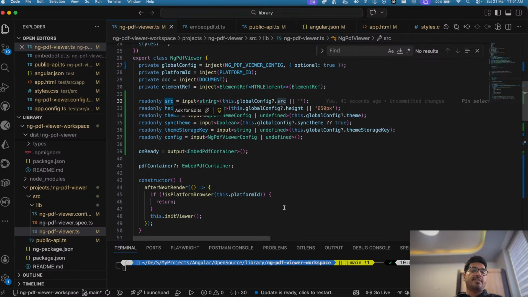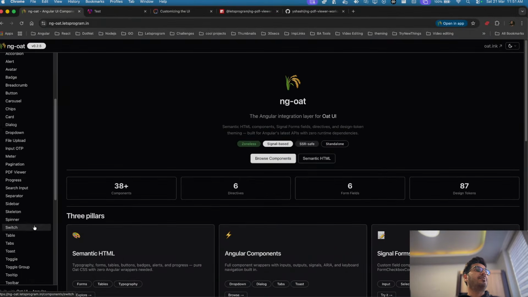Okay, now because for example, this source can change dynamically, like as I was showing you in one of my examples here. If you go to PDF viewer,